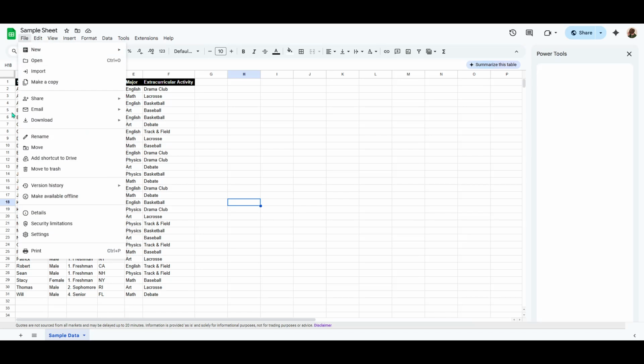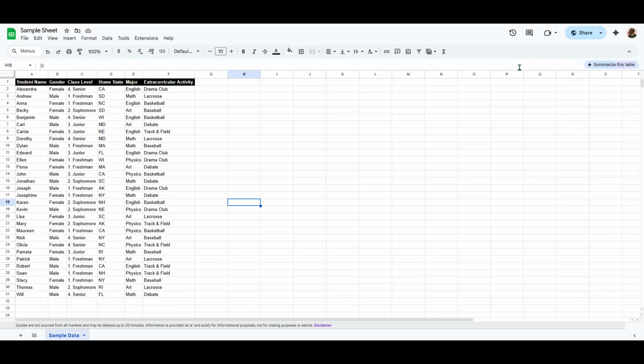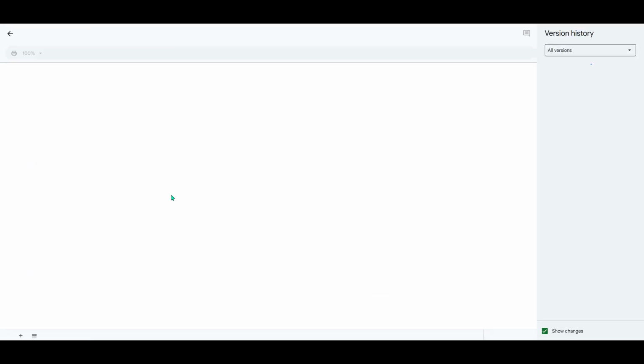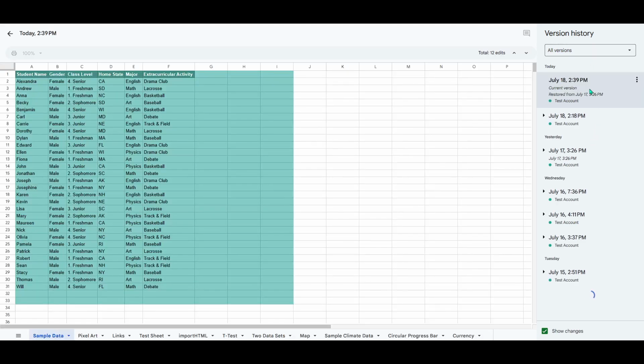This feature is particularly useful for peace of mind, especially when multiple users are making changes over time. Remember, it's always a smart idea to periodically check your version history, especially before making major edits or when collaborating with a team. This approach ensures your important data is never lost, and you can always retrace your steps if